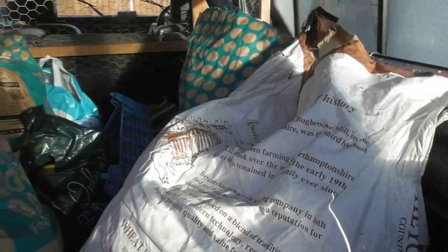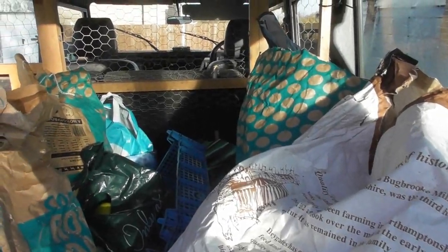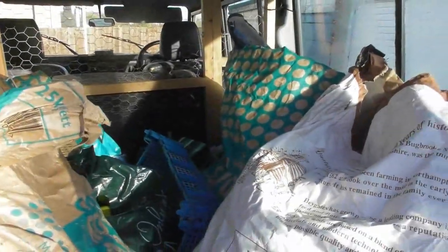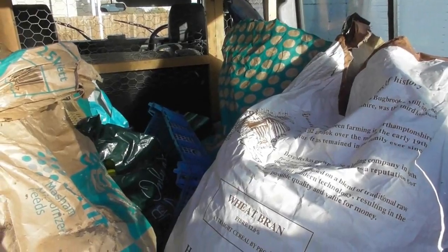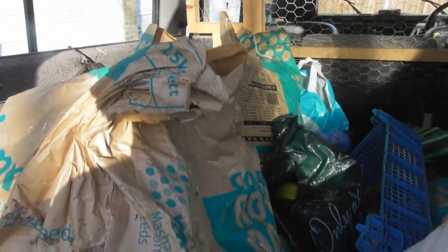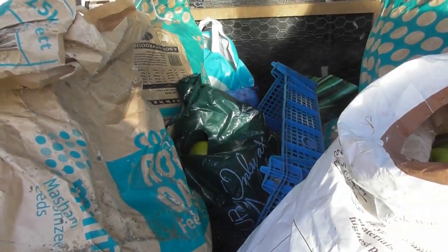A friend of ours, who swaps his apples and plums with us for jam, put us in touch with somebody out near South Shields, at a little village called Whitburn, who had one tree in their garden and produced this huge quantity of apples, absolutely mountains of them. So we took over a box of 10 jams and filled the Land Rover. So this will keep us going for preserves, but also most of it will be used for goat food during